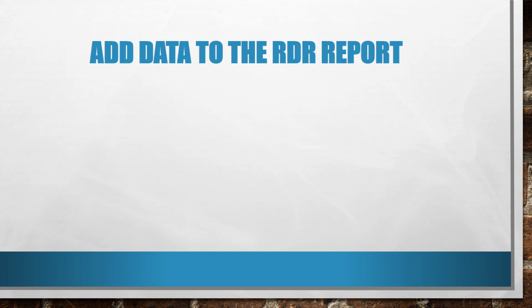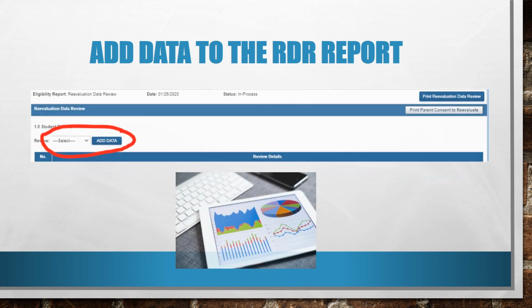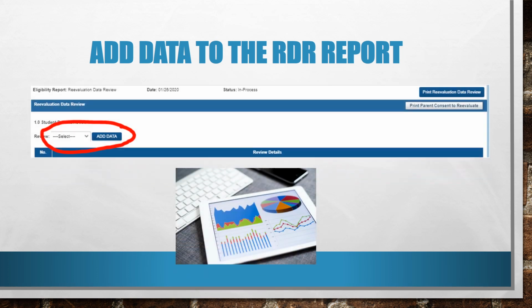The first components of a reevaluation data review, or RDR, are completed the same way that all RDRs are required to be completed. The case manager will choose to add data and input the data elements relative to the child. Remember that these areas require all data to be summarized and readable on this event. No comment should ever be included that simply refers a reader, such as an administrator or parent, back to another event like an old eligibility report or IEP.